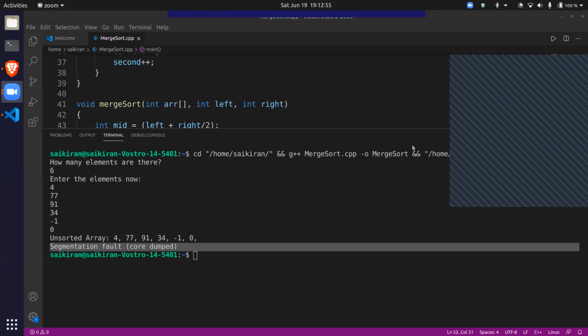But in either case, programs are limited to the amount of memory that they have. You cannot have infinite memory, right? Computer memory is limited, and you cannot have however much you want. So if your program consumes more memory than it is allowed, then you will get this error called segmentation fault. This will also happen if you use memory which is not allocated to you.